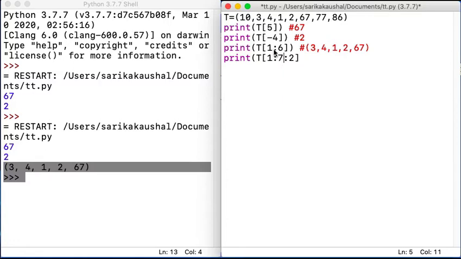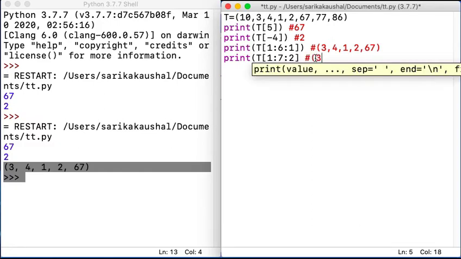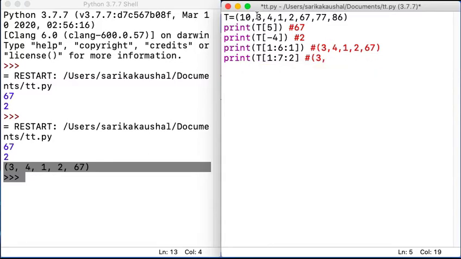Now, can you see in the previous example, I just did not use the third value after the colon, but here I've used it. So this is an indication that by default this was 1, which means the step value after the value at index 1, I want to jump automatically to 2, then to 3, then to 4. But here this means that after you're printing the value 1, I want you to jump by 2, so this is 1, then I don't want you to go to 2, you should go to 3. That means jump by 2 values. So 1, 2, 3. Therefore, I will get the answer 1.